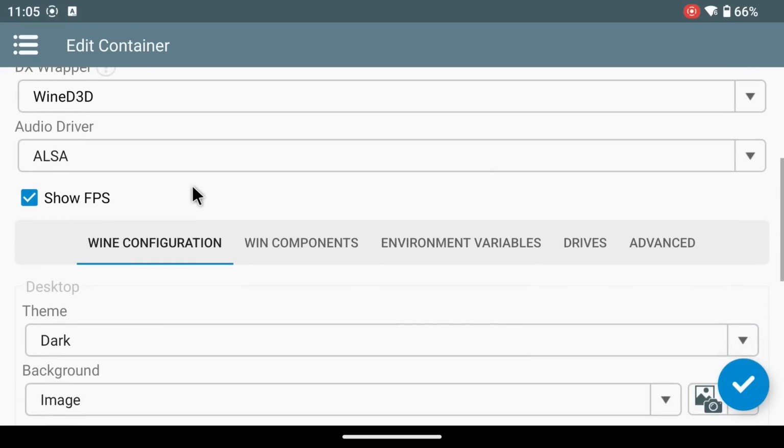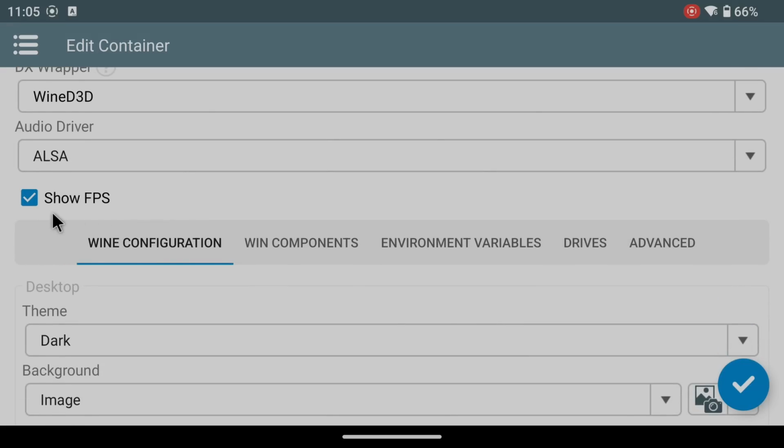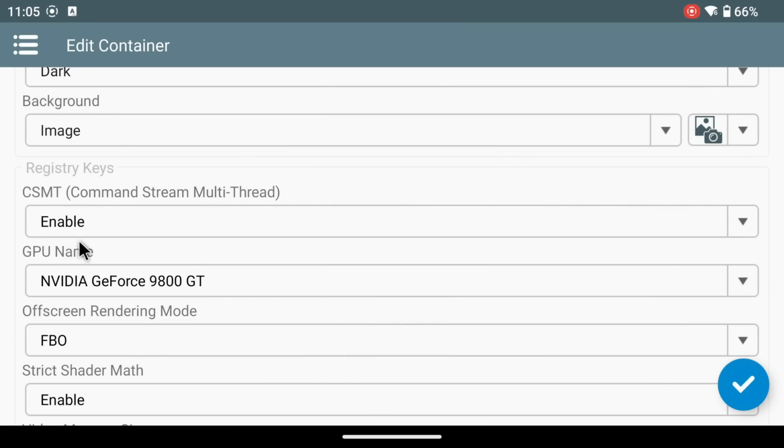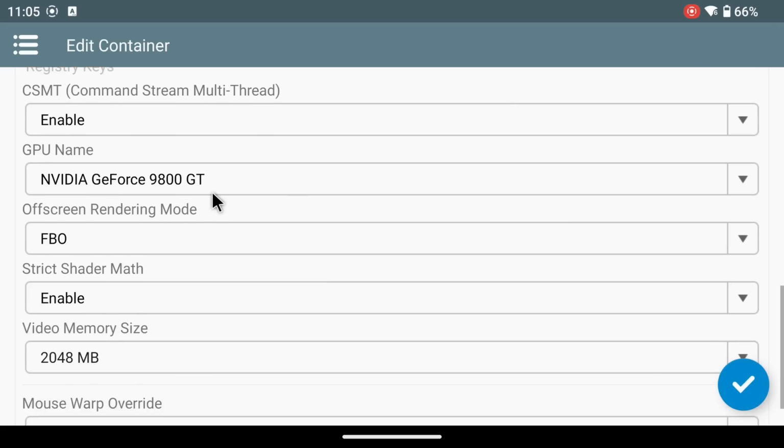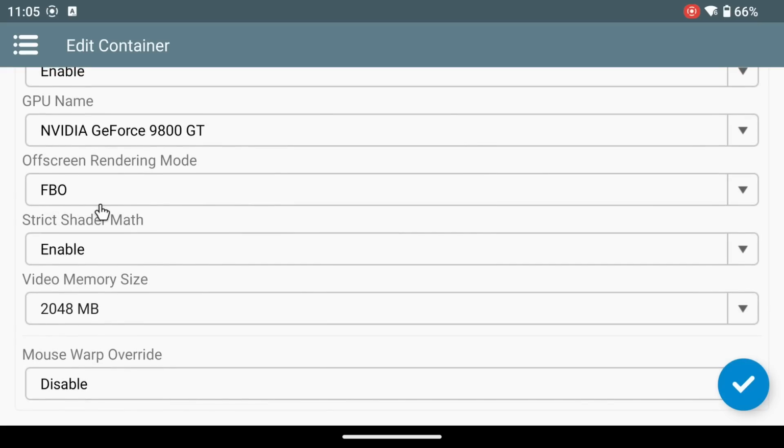Show FPS enables a simple FPS counter. This can be useful for applications using D3D from multiple threads. Just leave on. Disabling doesn't impact the performance. Some games may demand a specific GPU, but this is extremely rare. I haven't run into one myself yet. You can pick whichever. For off-screen rendering implementation, it is recommended by the developers to leave it on FBO, since